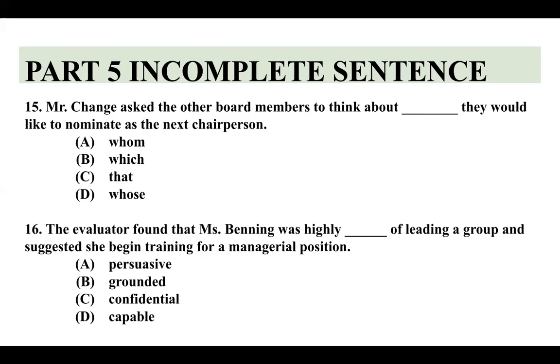highly something นะครับ พูดถึง evaluator คนประเมินพบว่า Benning เนี่ย highly something leading group and suggested she begin training for managerial position คือขอให้เป็นคนที่อยู่ในระดับไหนครับ management หรือว่า managerial position ก็คือผู้บริหารนั่นเองนะครับ persuasive ได้ไหม แปลว่าโน้มน้าวสิ่งที่เราต้องการนะครับ adverb plus adjective นั่นเอง ตัวนี้ adjective grounded แปลว่ามีเหตุผลนะ ก็เลยขึ้นมาเป็น position ซะ confidential แปลว่าลึกลับซับซ้อนนะฮะ หรือว่าความลับนั่นเอง และสุดท้าย capable ตัวนี้แปลว่ามีความสามารถ เราตัดก่อนก็ได้ครับ ลองไปให้ตัด A ตัด C ตอบข้างไหนดี ตัดเพิ่มให้ครับ ตัด B